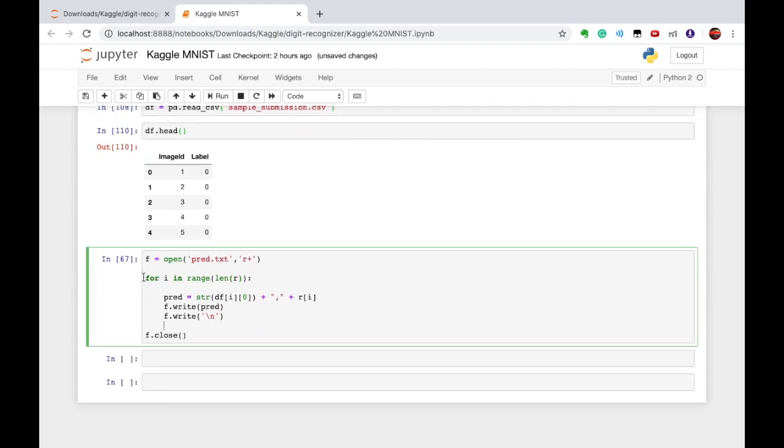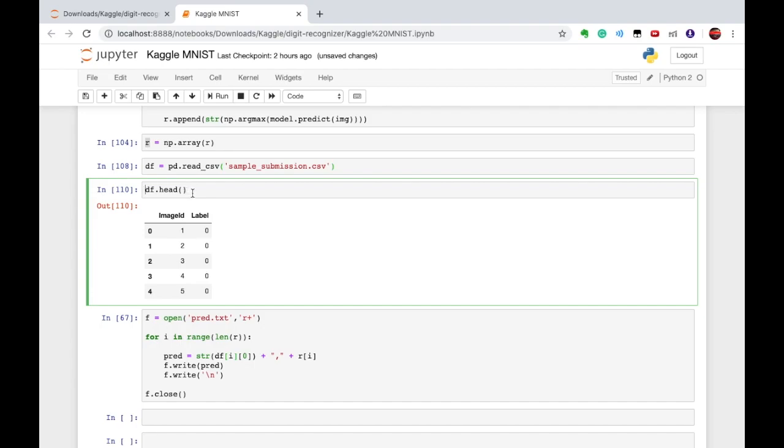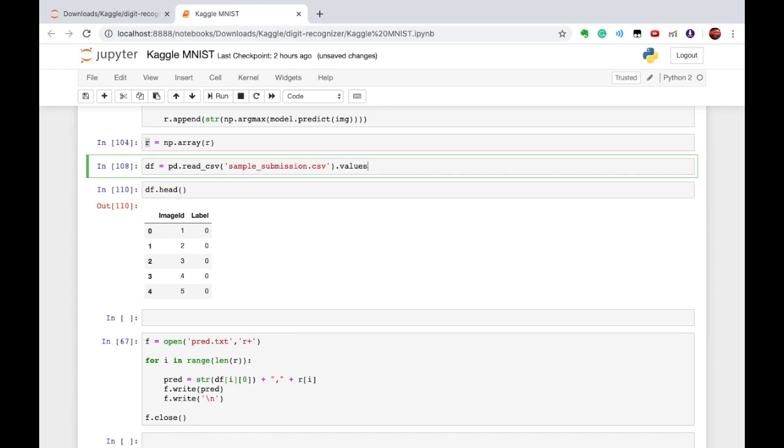So to do so, I'm using df of first index, meaning the first index is this one. Let me show you the values.